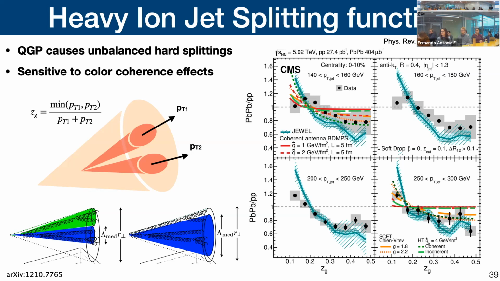In fact, this is predicted to be related, for example, to the dynamics of how the medium interacts with the jet at very early timescales: whether the two partons coming off emit coherently as one effective particle, or whether they emit as two separate particles, because that changes your shower dynamics, which then changes the system.